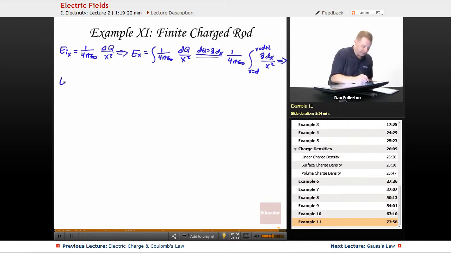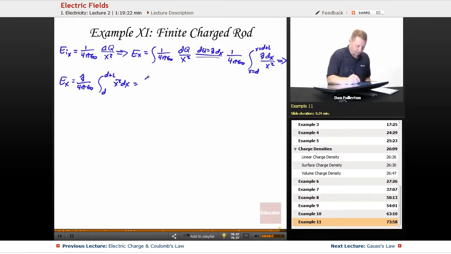This implies then that the electric field in the x direction is lambda over 4 pi epsilon naught. Our lambda can come out as well. It's a constant. Integral from d to d plus L of x to the negative 2 dx,